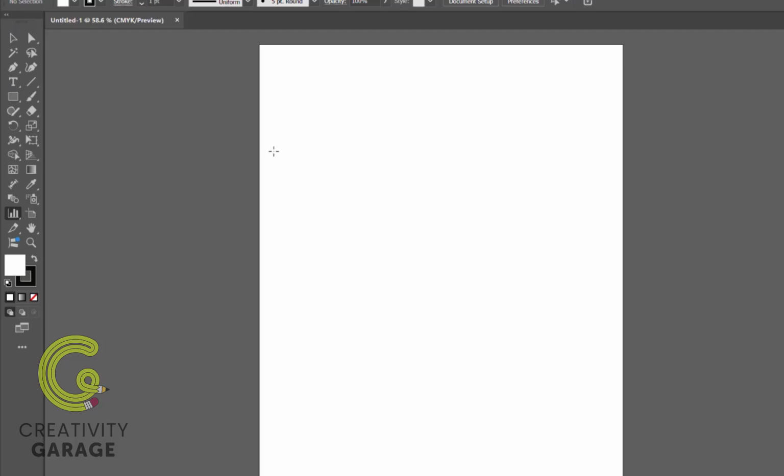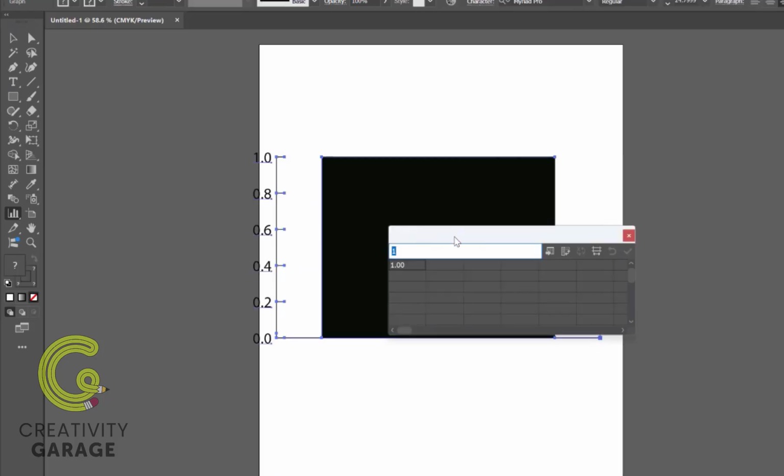To place the graph onto the screen, you need to select the area where you want your graph. So click and drag on the canvas to define the size of your graph. The moment you release the mouse, you'll find this flat-looking black rectangle with a graph data window where you'll enter